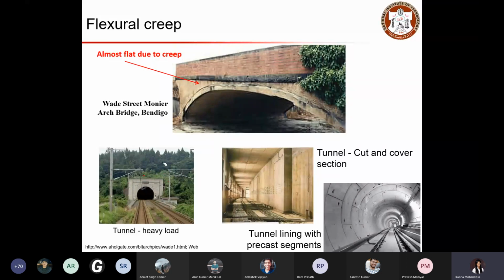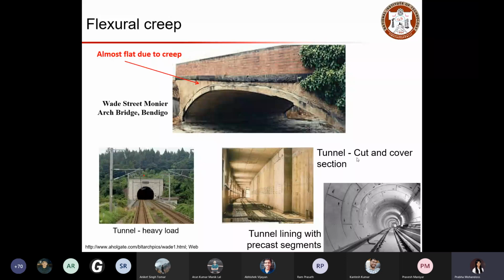And here is an element that shows cut and cover section. So you basically cut and cover your tunnel part, and that will be under the soil condition. When you have mountains or hills, you basically cut the sections and cover it when you need to construct such type of tunnel element.